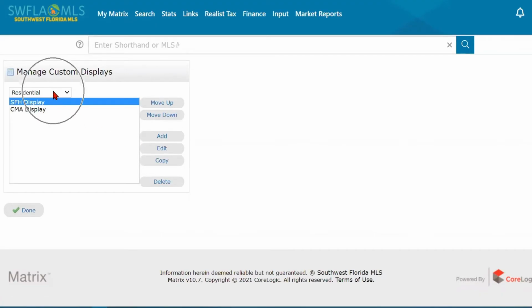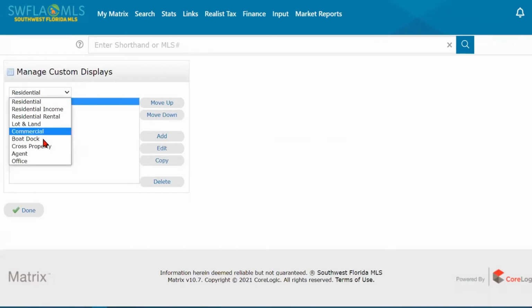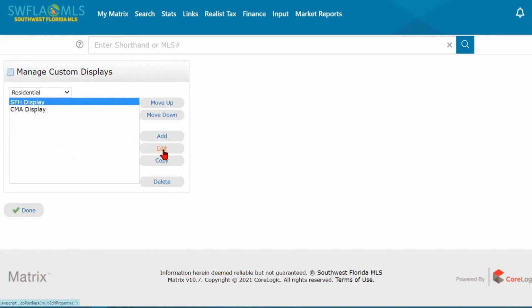You'll notice right here at the top, you have the different search forms. So we were just working with the residential search. You can set up your custom display grid for each one of your search forms, and then you can come here to manage them. So here, we've got the single family home display. If I click edit,